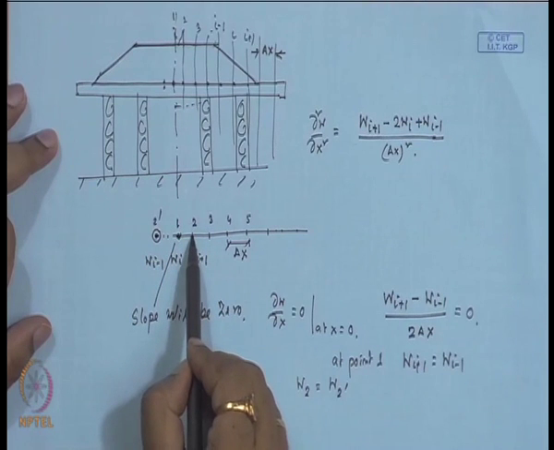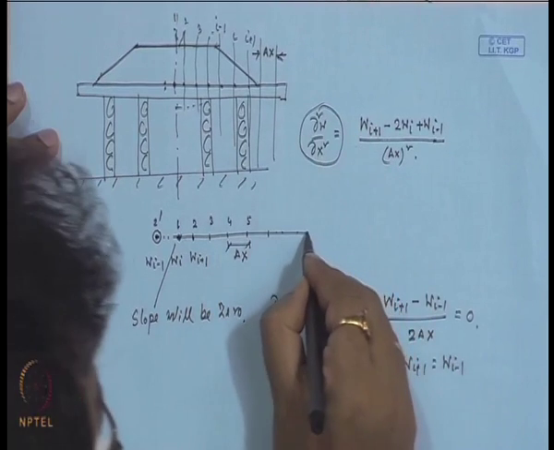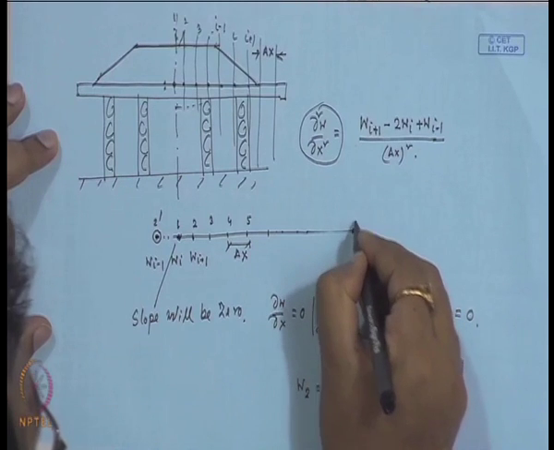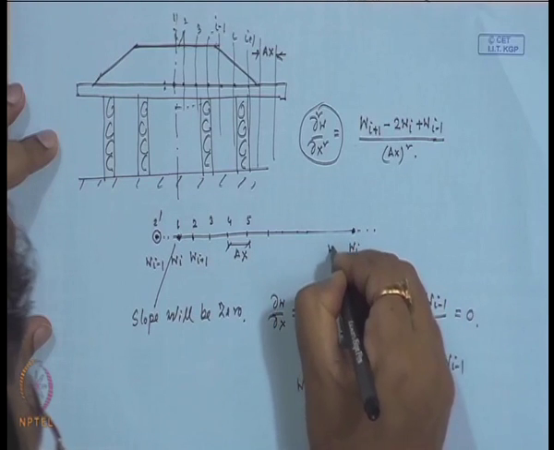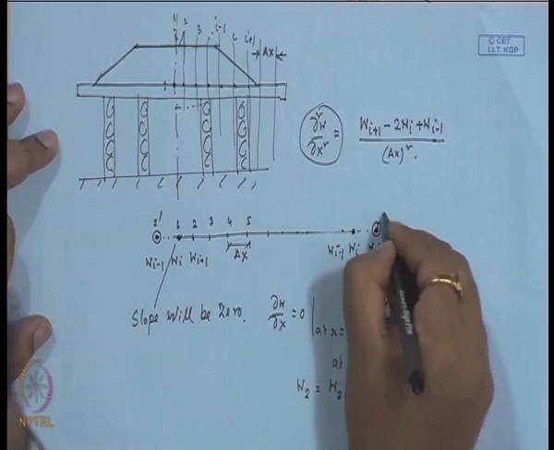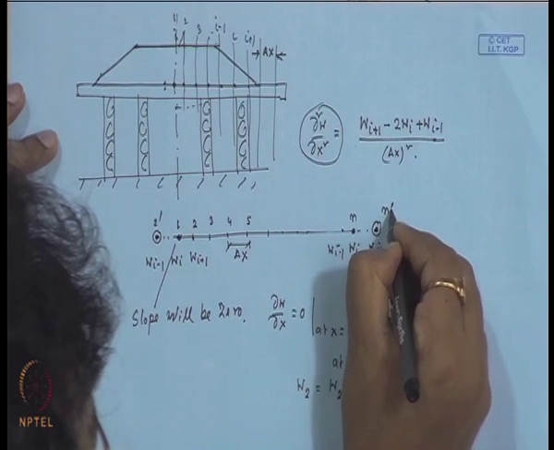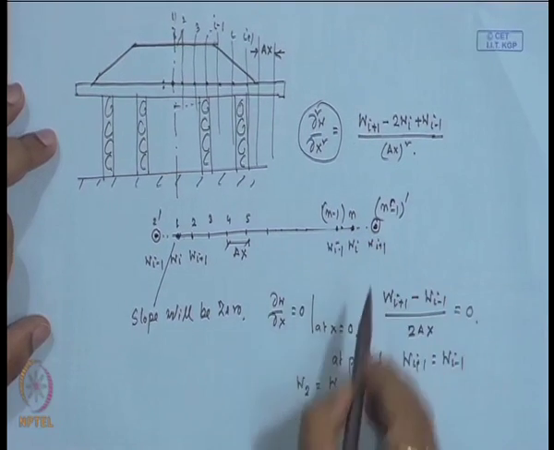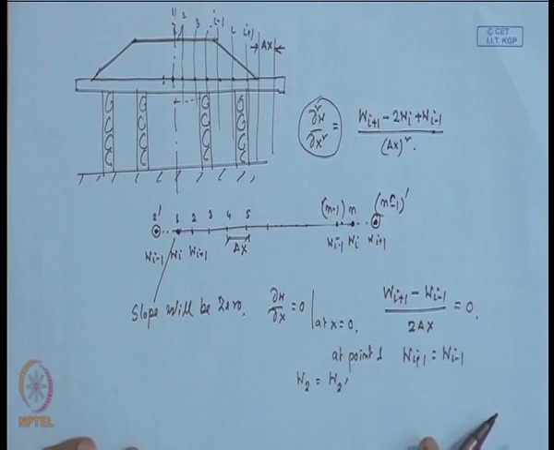Next, we can use the central difference expression at all the points, but the problem will arise again at the last point. There also, if we use this expression, there will be w(i-1) and w(i+1). So, we need another fictitious point. If the last node is n, then we need n minus 1 dash. So, we have to use another boundary condition here to solve this expression.